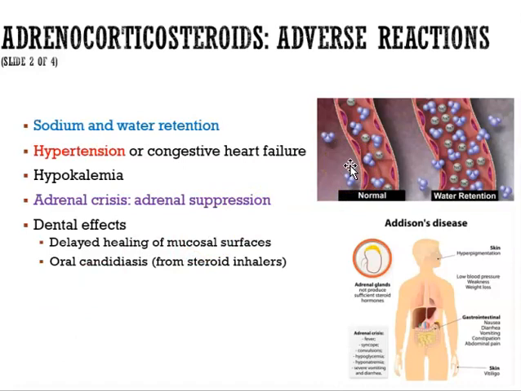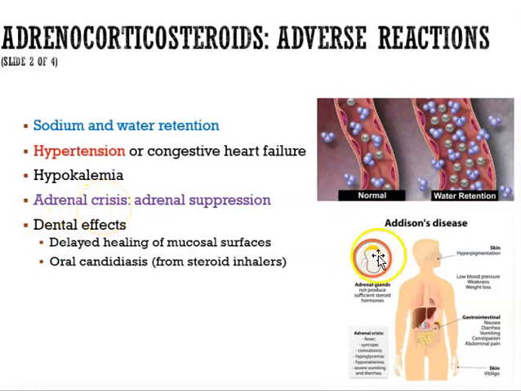Aldosterone is an example of a hormone that causes sodium and water retention. So this is a normal blood cell. But sometimes when we have aldosterone release, which is a hormone that gets released due to a stimulus, due to stress, for example, we can get lots of sodium into our bloodstream. And when we get lots of sodium, lots of water follows. So now we feel very, very big and bloated, perhaps. You can get high blood pressure. So when we're stressed, our blood pressure can go high.